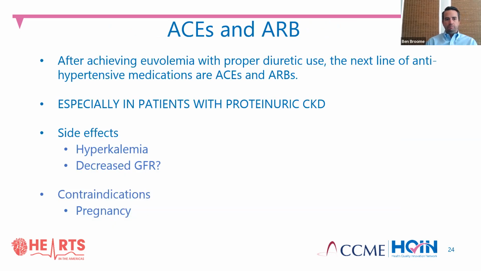Okay, so you've achieved euvolemia with proper diuretic use, and now the patient's blood pressure is still not at goal. So my next, in the patients who don't have a contraindication, ACEs and ARBs. I don't have a preference necessarily over an ACE or an ARB. I personally tend to use losartan, but if you're more comfortable with, say, something like lisinopril in your patients, that's not a wrong choice. You have to be mindful of hyperkalemia,